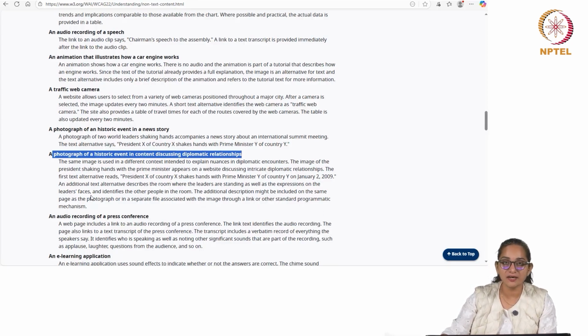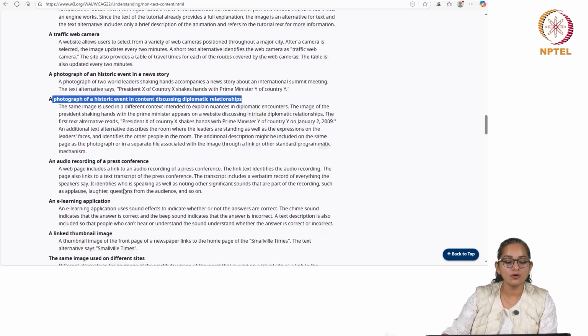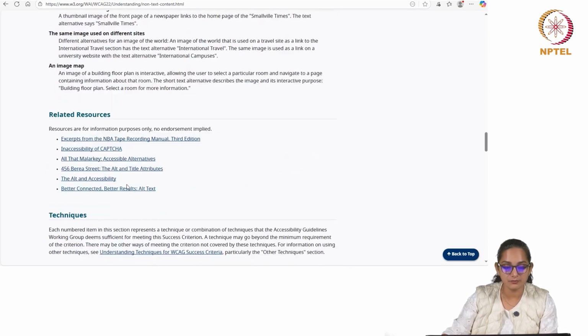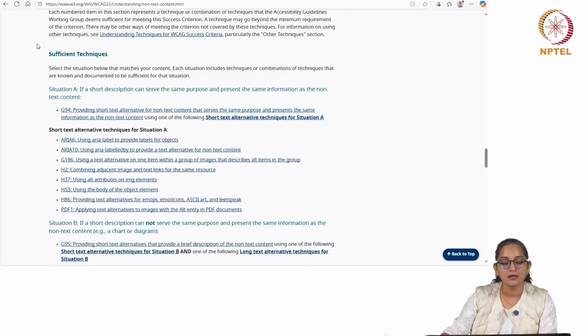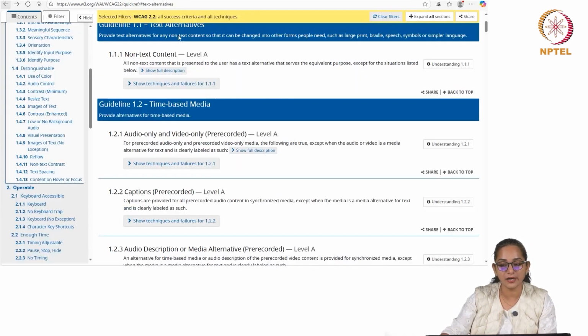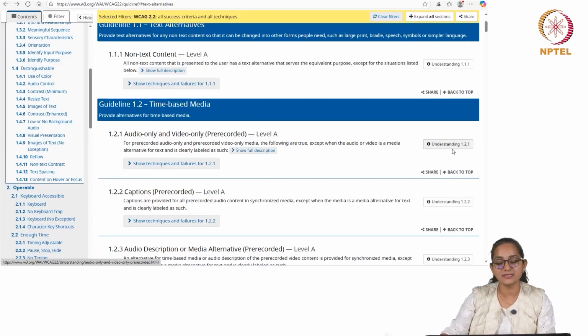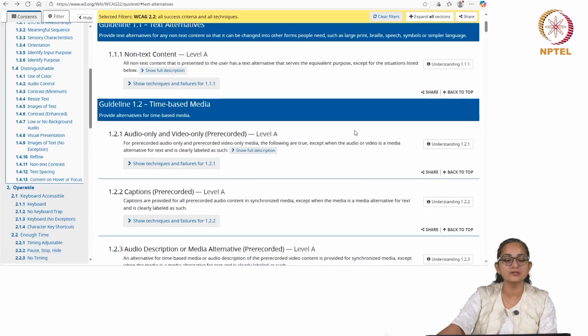So, I think this is very important, and all of these things you can maybe go through for each one. If you have any issues, you can try to click this button, understanding, and it will take you to all of this.